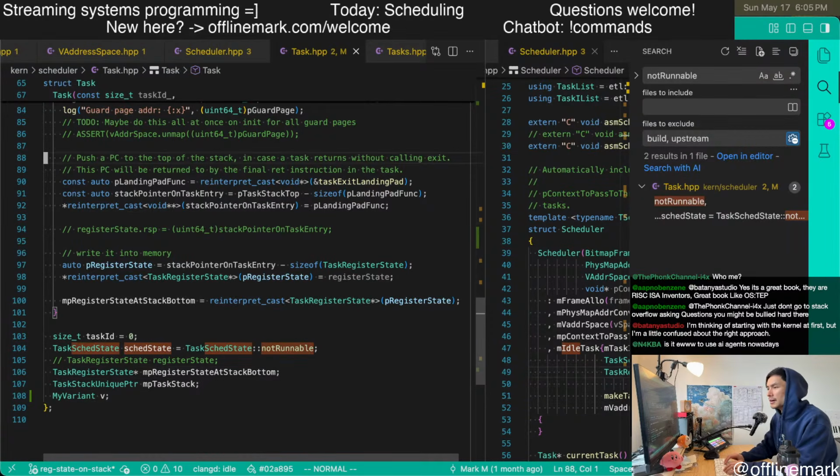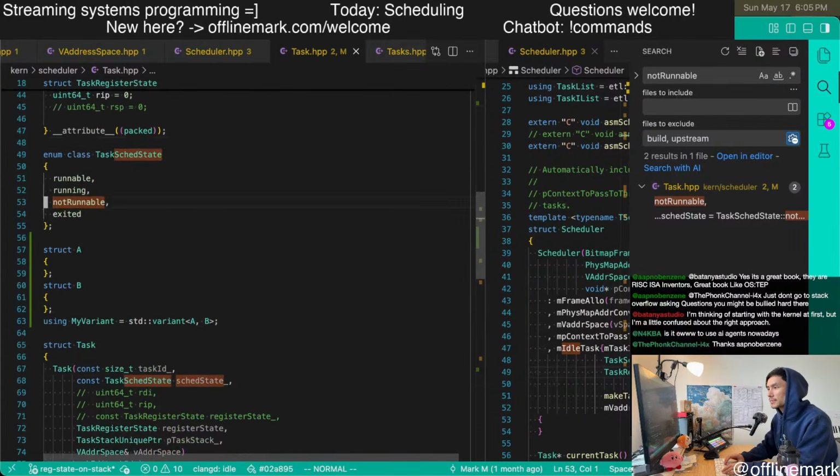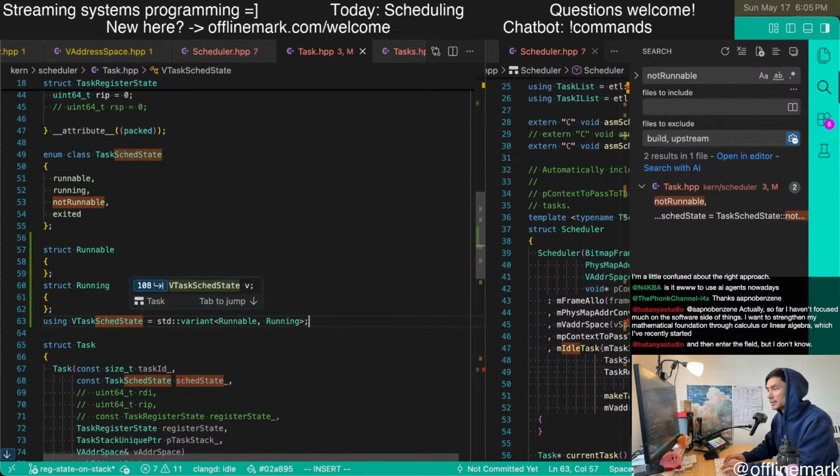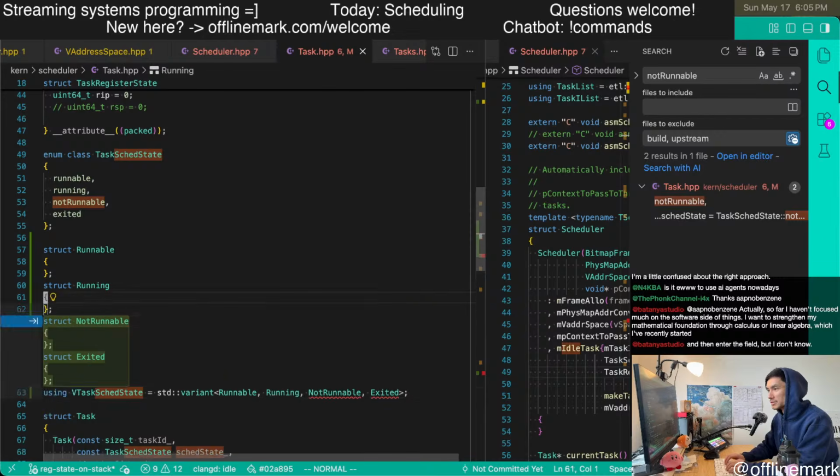So, the task state. Let's hit runnable, running. Yeah, it knows what to do.